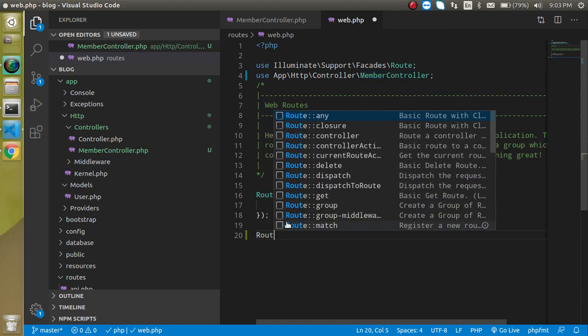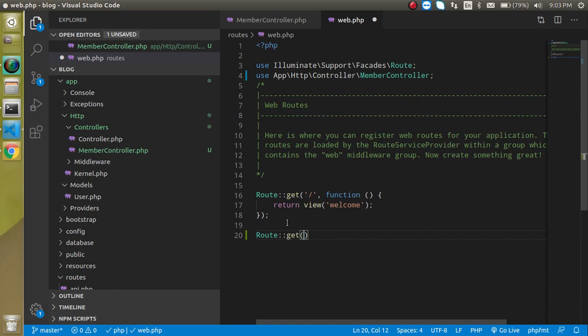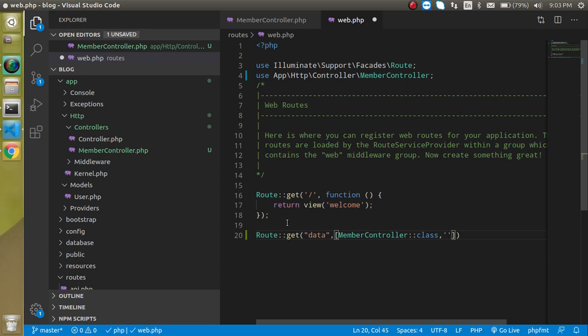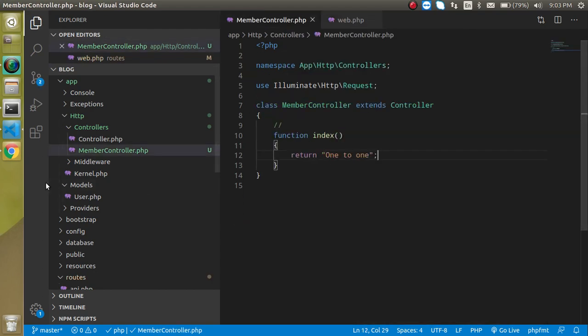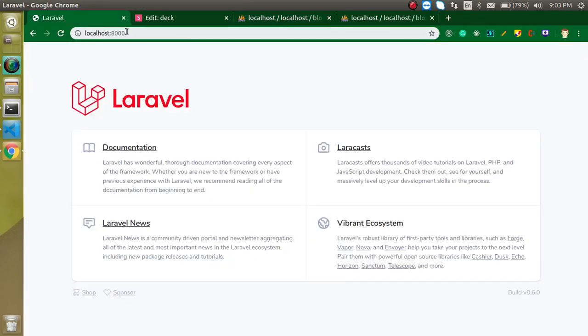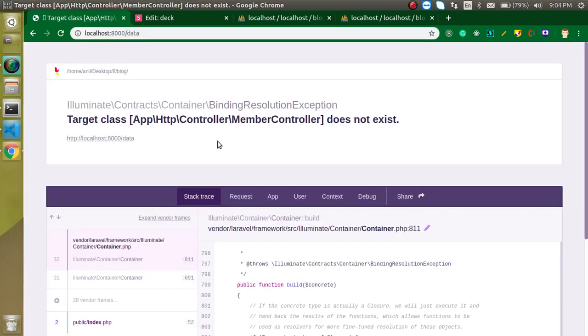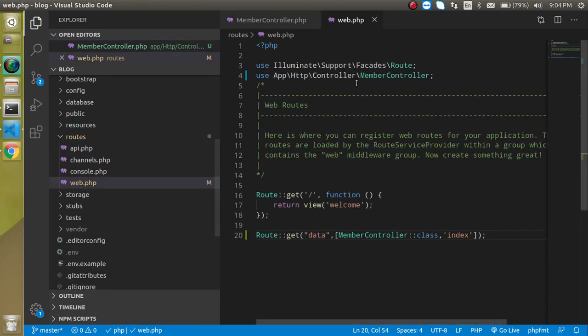So just simply write here Route::get and put any name to the route, like I just want to put data, and let's take an array: MemberController::class, and the second item of this array is index, which is the function of MemberController, right? So now let's check this, is it working or not? So let's just write here data. All right, so I just made a little mistake. I just need to write here Controllers.